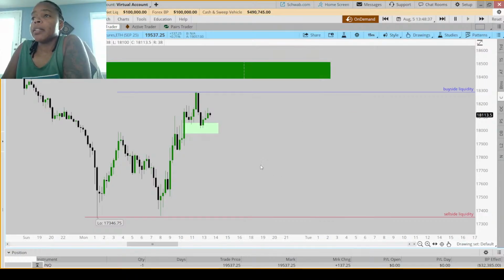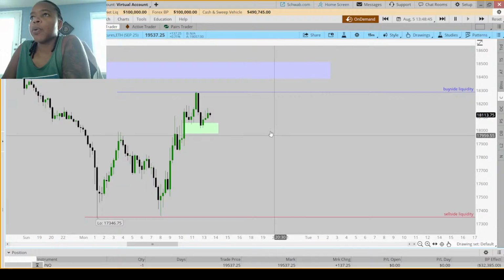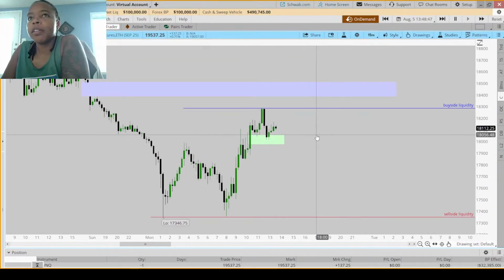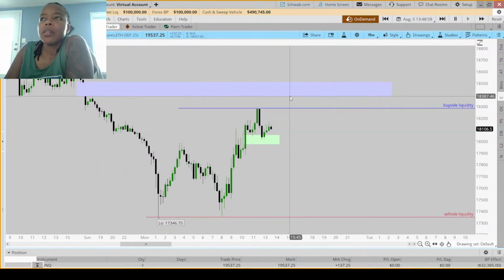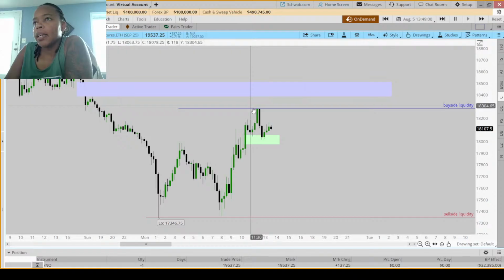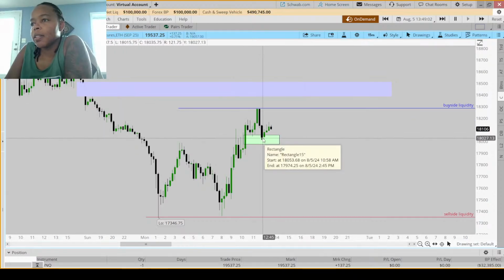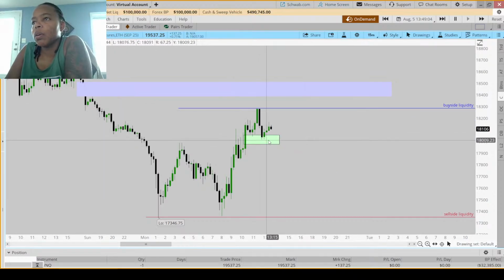Because tapping into that would also make me want to get a nice light version of purple to indicate the void. I've got to make sure that whatever I put on these charts, I can see the candles. Sometimes the candles don't actually show up the way they're supposed to. So for me, new 15-minute high, that's the lunchtime high, and this is the lunchtime low.